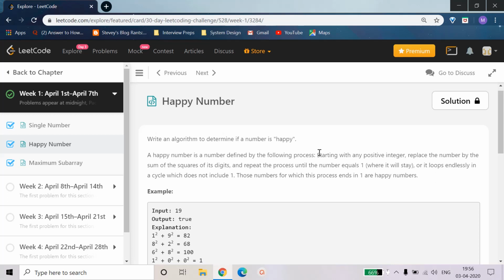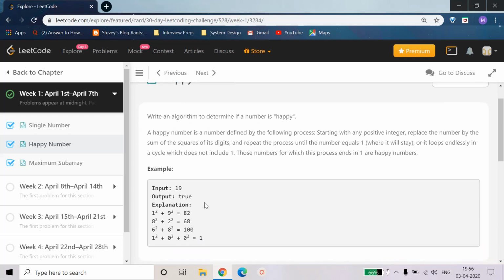Starting with any positive integer, replace the number by the sum of squares of its digits and repeat the process until the number equals 1. So we are given an example here. If we are given 19 as the input, what we have to do is, for each of the integers that is present in the number, we have to square it and create a sum of all the squares, and whatever number we get, we have to keep doing this